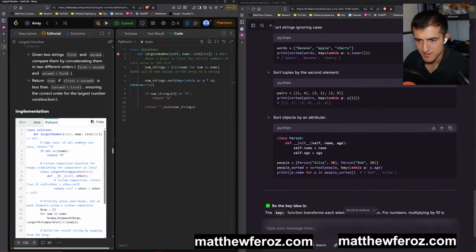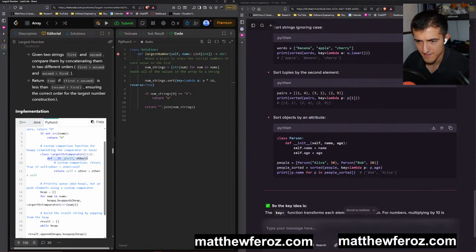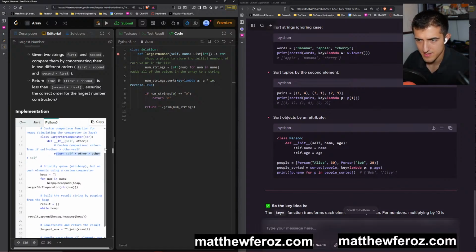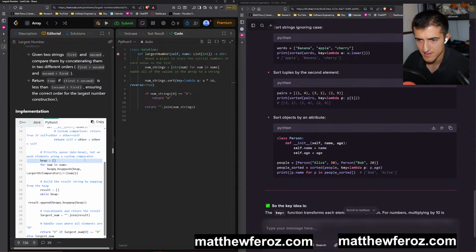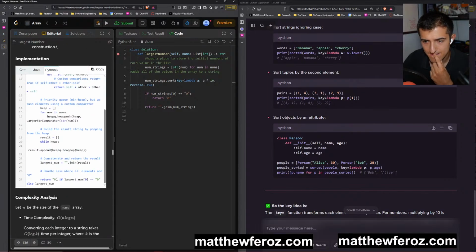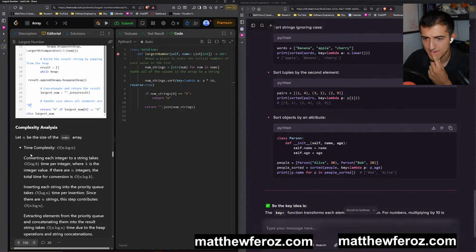If all zeros, comparison, def lt, return self plus other greater than other plus self. This is a min heap. Push elements using a custom comparator. heapq dot heappush. So yeah, this one uses heap sort.